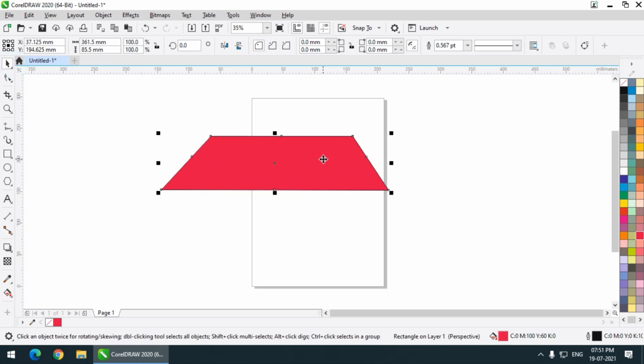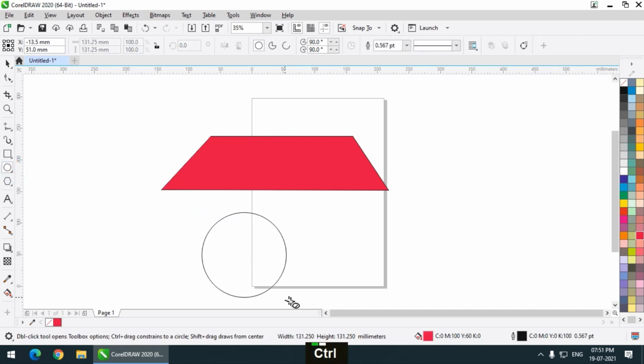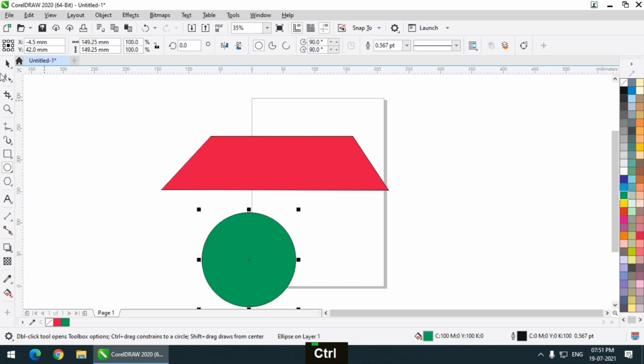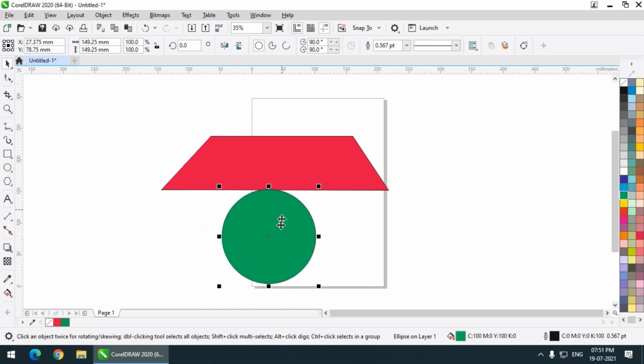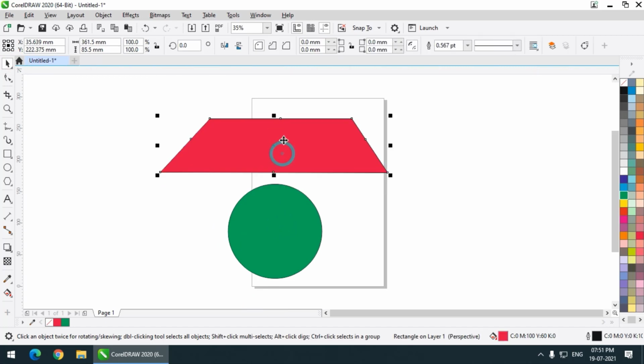Now this is like a blueprint, or an example that we want to put other objects into. This is basically a guideline kind of a thing. So we want to put some text or any other object or image in this particular manner or point of view. So this is basically a guide. You can put any object, like if I draw a circle, I will apply any color to it, and let's say I want to put it in a similar perspective. So this is basically my guide.